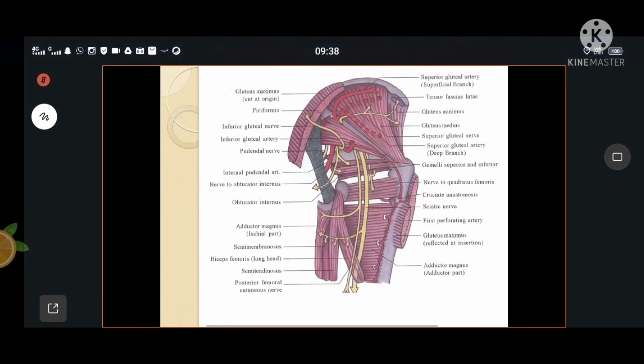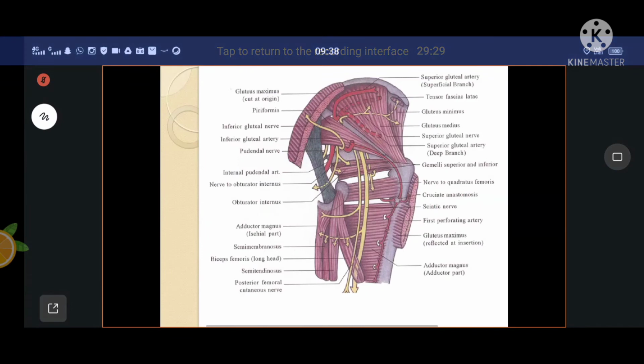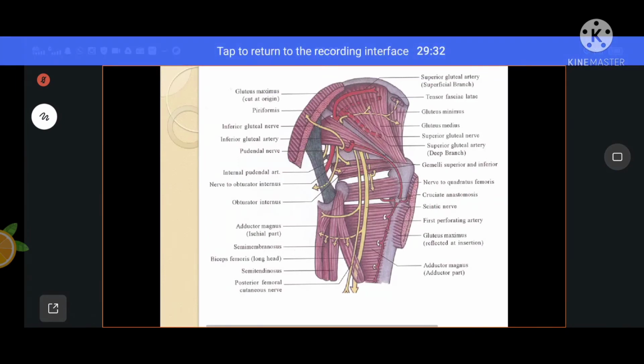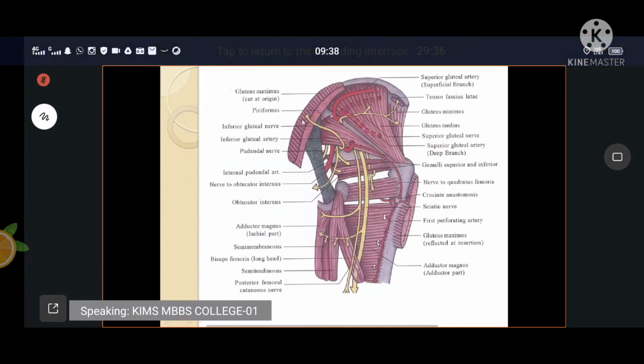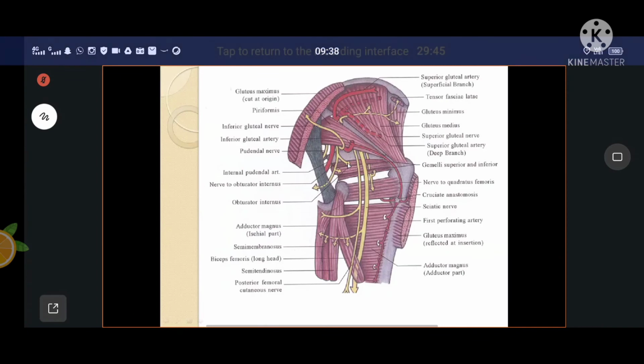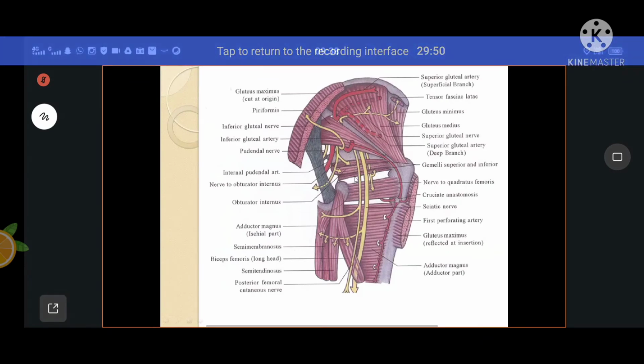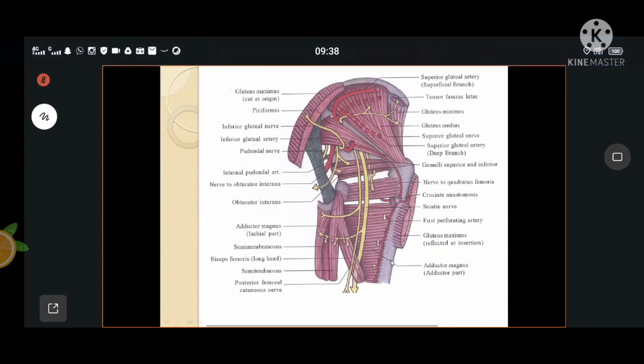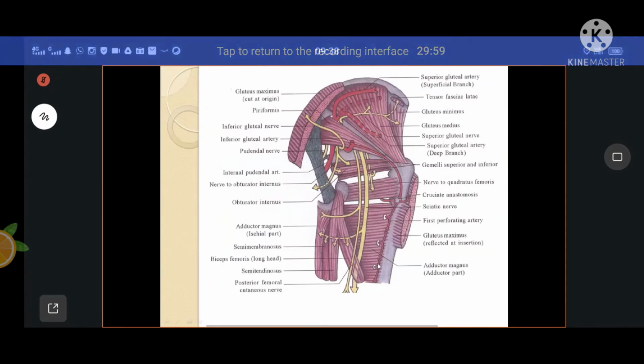Now coming to the other structures or the nerves which you see when you're below the gluteus maximus muscle. So I'll explain this diagram. So this is the gluteus maximus muscle. This is the gluteus medius muscle, the gluteus minimus muscle, the piriformis, the key muscle here, and this is the gemellae superior, obturator internus, gemellae inferior, quadratus femoris, and what is this muscle which you have already studied in the adductor compartment? That is the adductor magnus muscle.